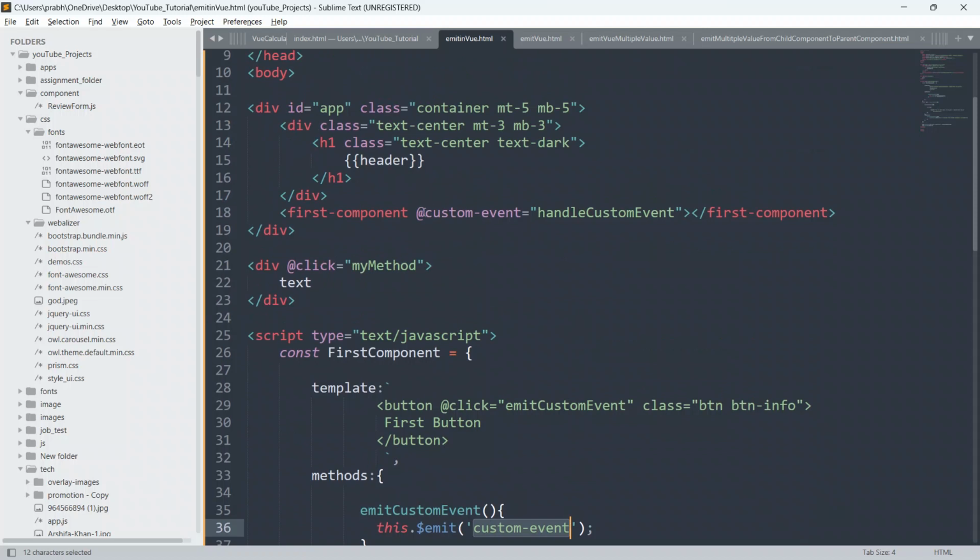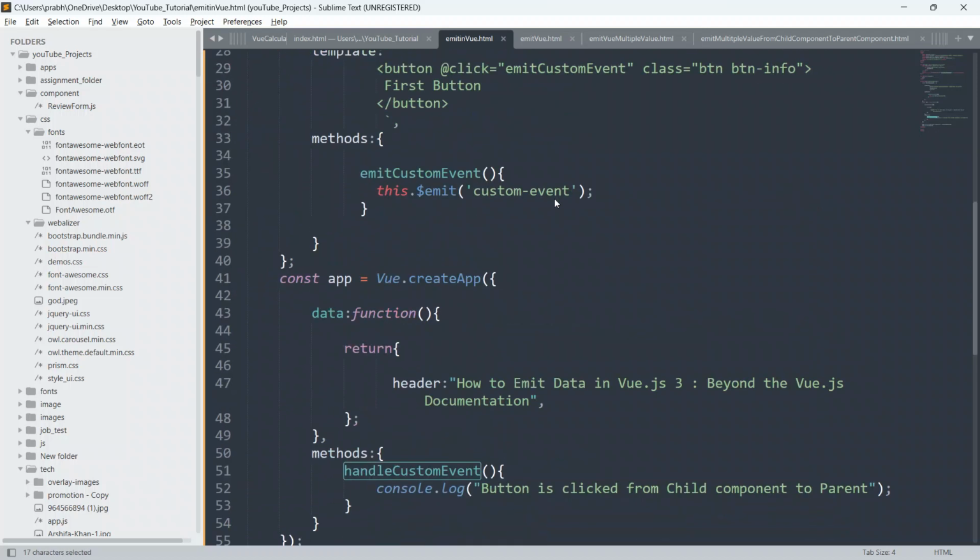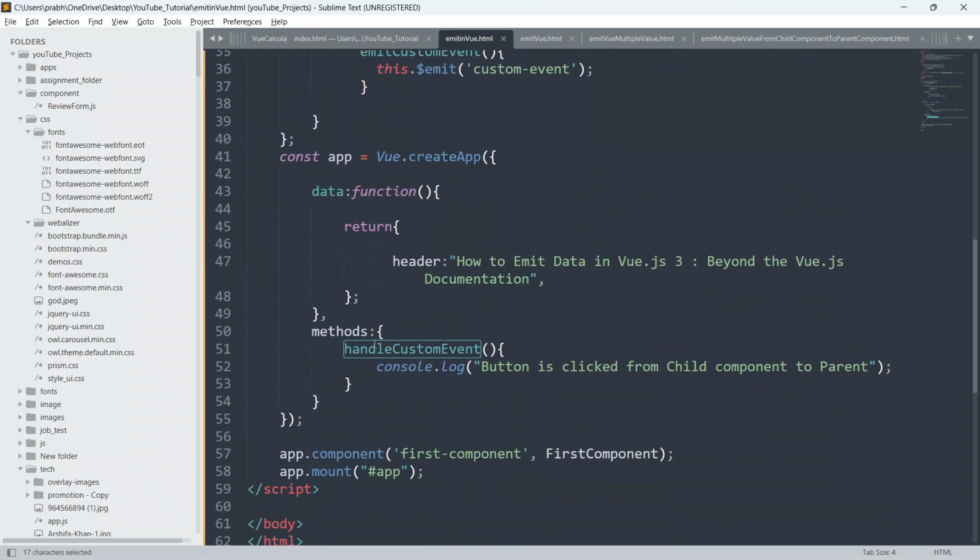Here we will define custom event equal to handle custom event, which is similar to @click equal to my method. We have to define this handle custom event in the parent component, so I'll say methods colon, and we define handle custom event, and we just console.log button is clicked from the child component to parent.